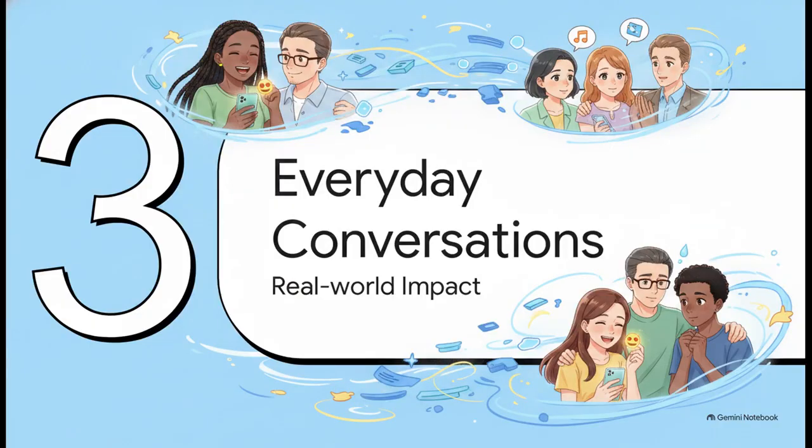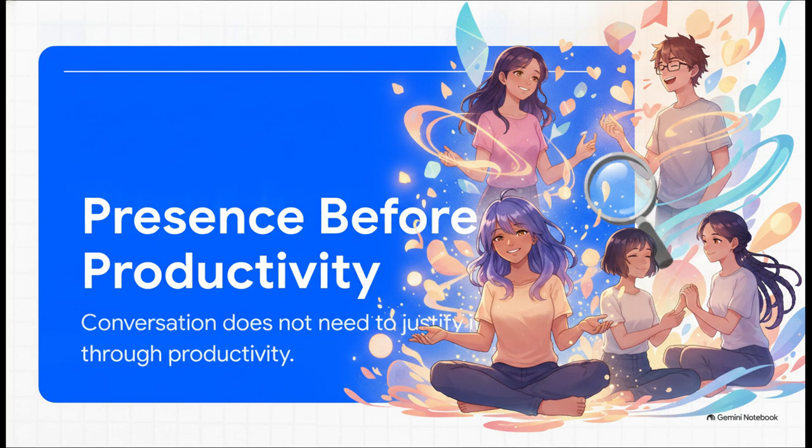Section 3, Changing Everyday Digital Conversations. This is where we see how this completely transforms how a system handles things like humor, grief, casual sharing, or just play. One of the most beautiful concepts in the text is presence before productivity. It's this profound recognition that a conversation doesn't need to justify itself through constant output. Sometimes the absolute most viable way to participate is just by witnessing. It's laughing with you. It's holding space for your grief. It completely skips the compulsive, robotic need to